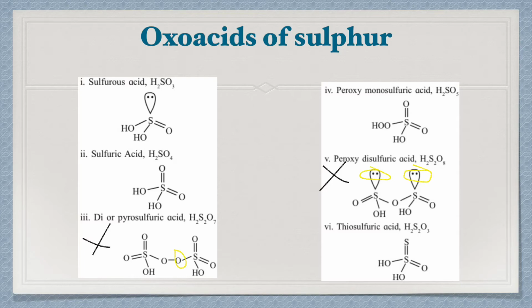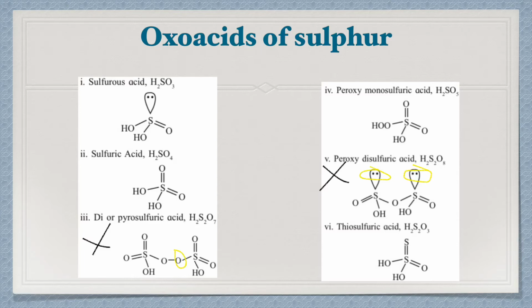Once I know the formula, first I am going to write one S there. I know there are 2 hydrogens, so I am going to put 2 hydroxyl groups. Next I am going to add 1 double bond O. Till here, 3 oxygens are completed, 2 hydrogens are completed, and 1 S is completed. Now one more S is there. That will be written as a double bond S there. Hopefully these structures are clear to you. Please write and practice. It is very, very important.